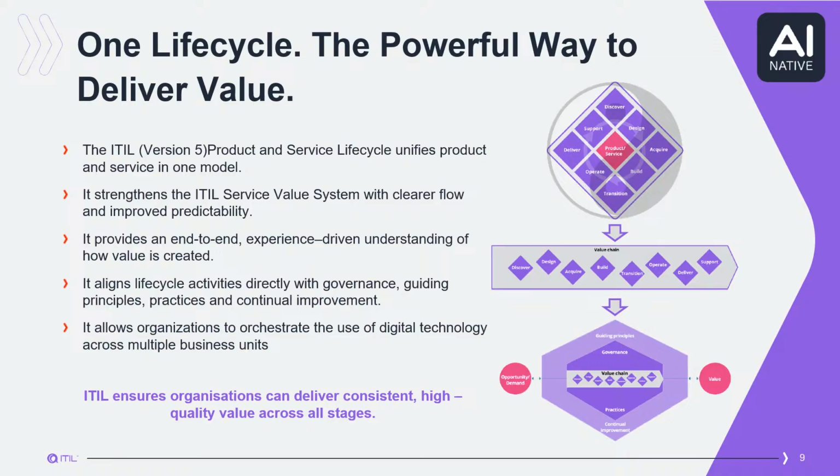Acquire, the acquire, it's also the same. So we had in the previous version, in ITIL 4, obtain and build. So we should obtain some kind of service elements and items. So acquire and build, some kind of obtain and build. And this is that kind of question inside the organization where we can say build or buy. This decision is so important for the company because of the cost and risk as well.